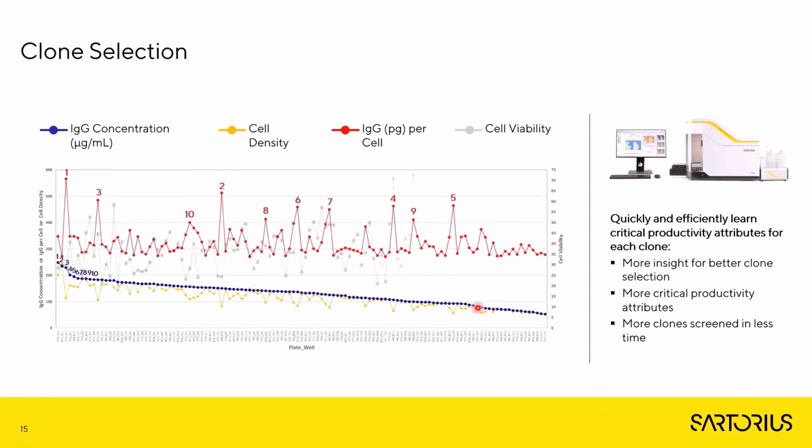And finally, we can then bring in a reporter of cell viability, shown in grey, and we can actually see that clones 6, 4, and 9 have much higher viability. And these now become much more interesting because they not only secrete a high amount of IgG, they grow well, and they are also viable. And then we can see that clone ranking dramatically changes when these other attributes are taken into account. And this was a screen of over 4,000 different clones. So it's a very high throughput assay and allows us to really focus in on those clones of significant interest.